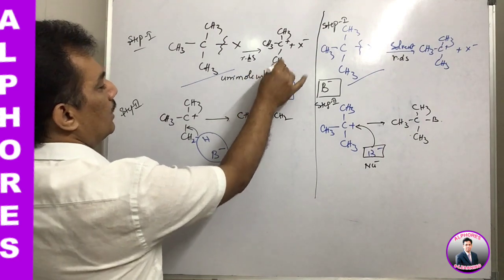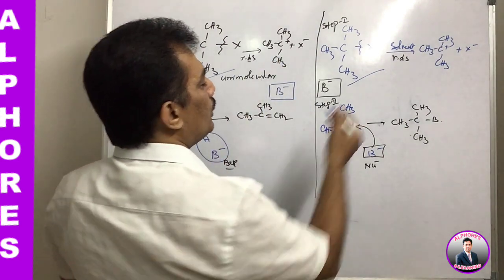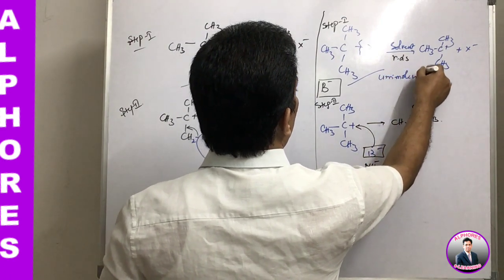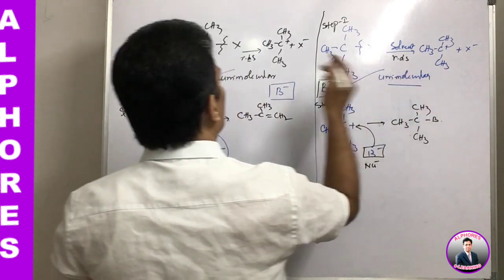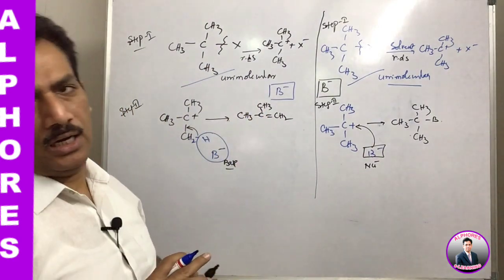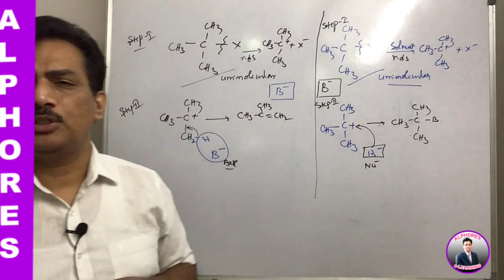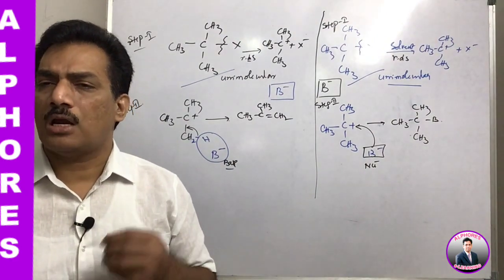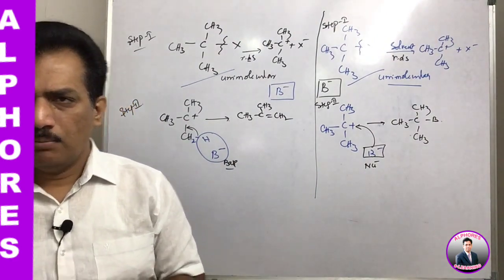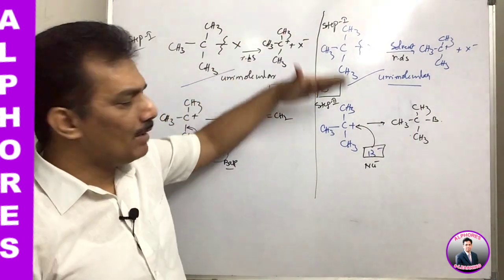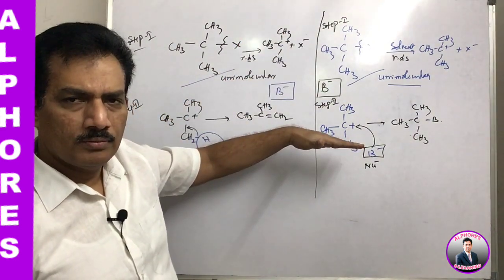Here also it is unimolecular. And now you observe when it is unimolecular for both elimination and SN reaction. That is the reason why eliminations and nucleophilic substitutions are always in competition, because in step 1 both of these are having the same scenario.